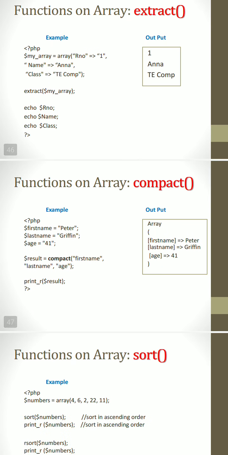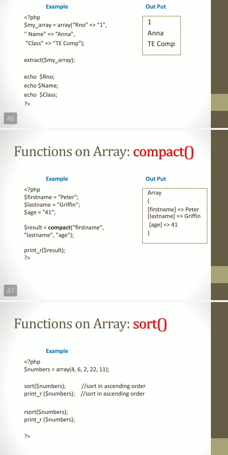Next function is compact. What is the use of the compact function? This function is the opposite of extract. Okay, that means it converts a group of variables into an array. What does the extract function do? It converts an array into variables, whereas compact converts a group of variables into an array.